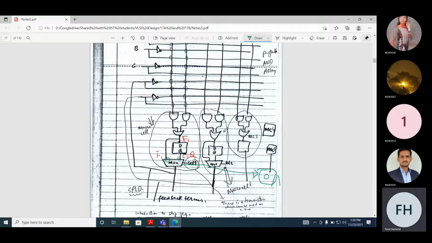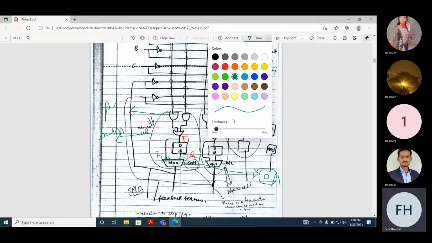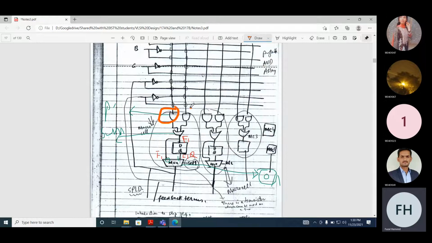SOP expression, sum of products. If you look here, this is a sum of products with how many minterms? Two minterms. So how many AND gates are there? There are two AND gates, AND gate 1 and AND gate 2.